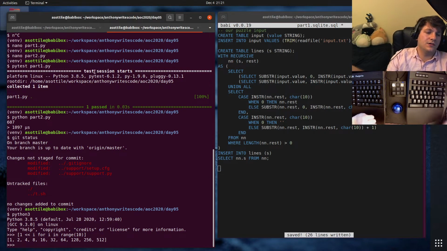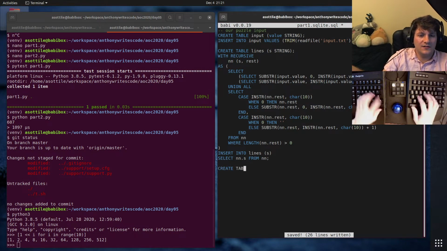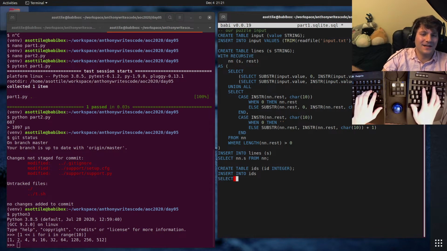These are for the other way around. Okay, but we can use that. So then we'll do create table IDs, ID integer. Insert into IDs, select, and this is where things get fun, from lines.